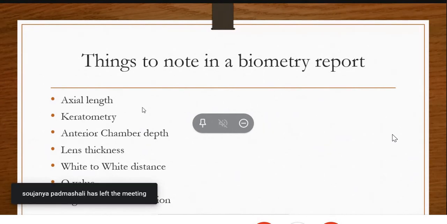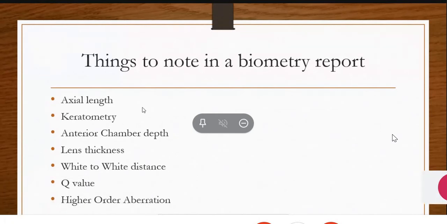As I said previously, lens thickness is very important in a biometric report, because for a condition like microspherophakia the lens thickness will be a little more, since the anterior posterior diameter in microspherophakia will be very long, so the axial length and the entire value will change. Lens thickness for a mature cataract will be more than 4.5 or 5 mm. The average normal lens thickness is around 4 to 4.5 mm.